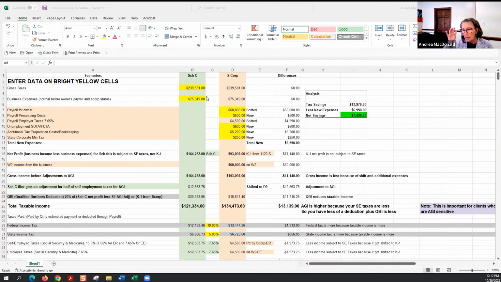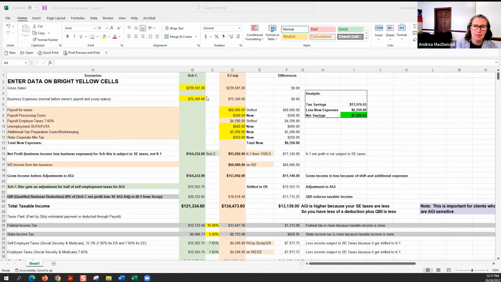This spreadsheet is good for a quick and dirty comparison. There are a couple of things that it does not address, one of which is the effect on retirement planning. So let's take a SEP IRA, for example. If you have a one owner business, no employees, SEP IRA is a great tool because they can contribute up